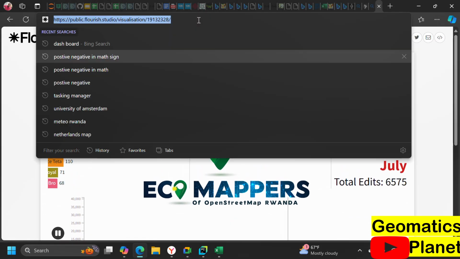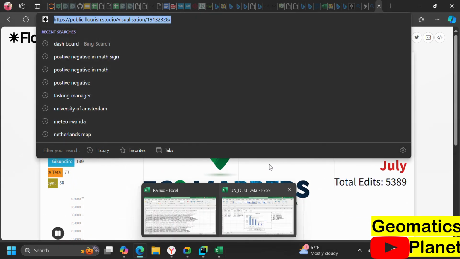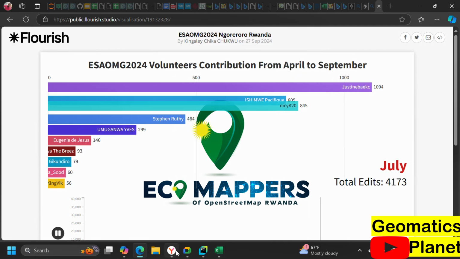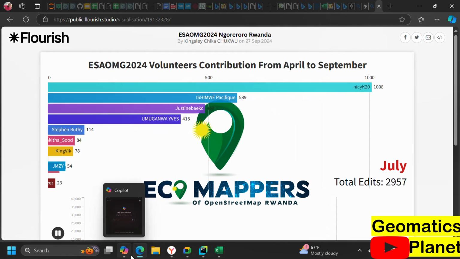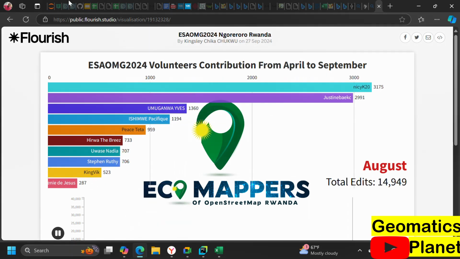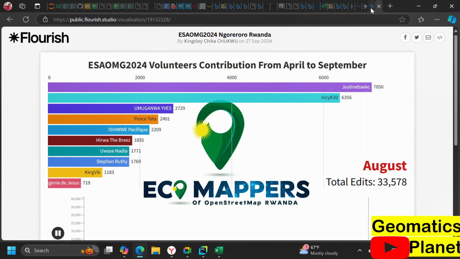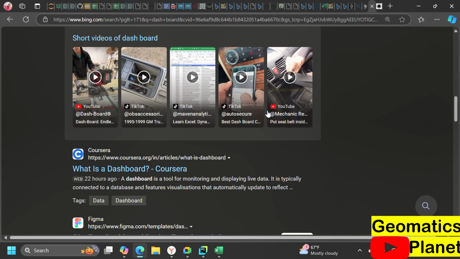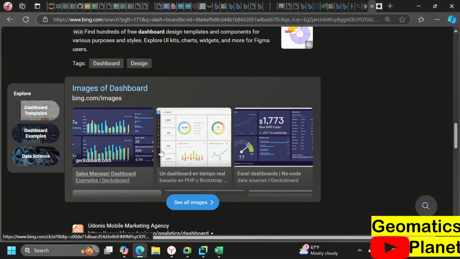So that's what we are going to be building up, but we need to understand everything that has to do with data visualization. So we're going to be making this kind of data visualization, so you get to understand each and everything I'm saying, and